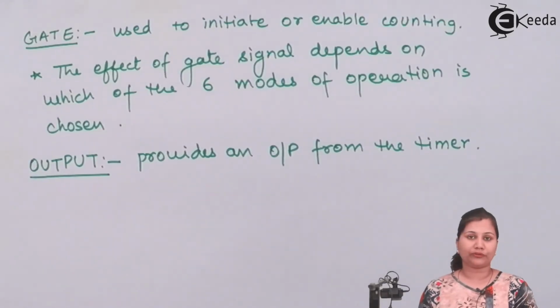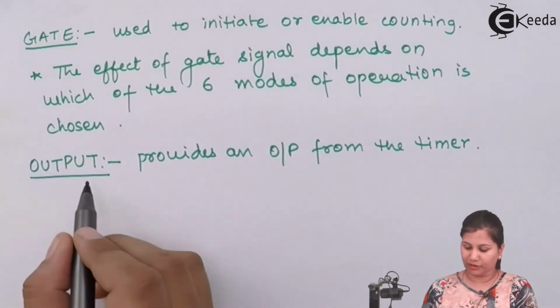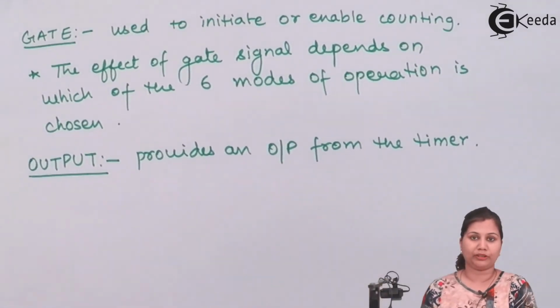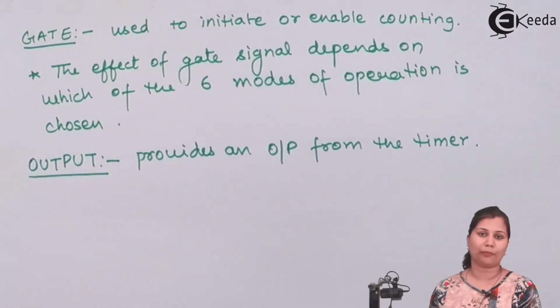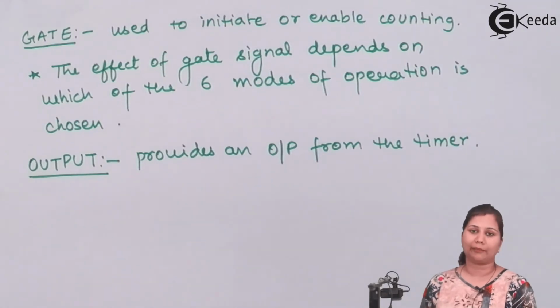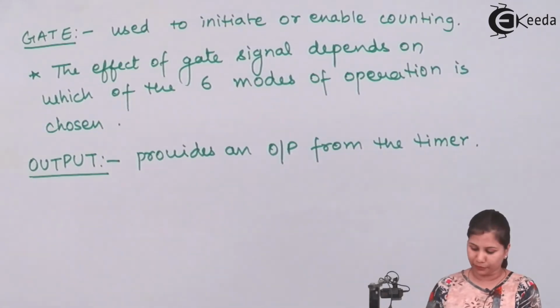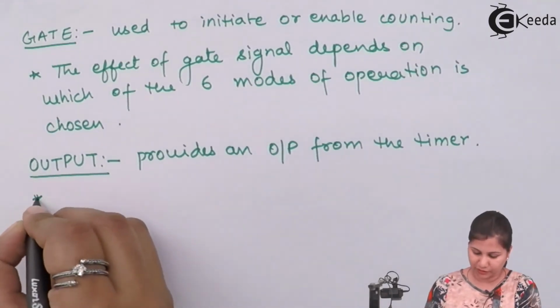The output of the timer, this out function, provides an output from the timer, and its function basically depends upon the mode of operation in which the timer is programmed. So we can say that its function